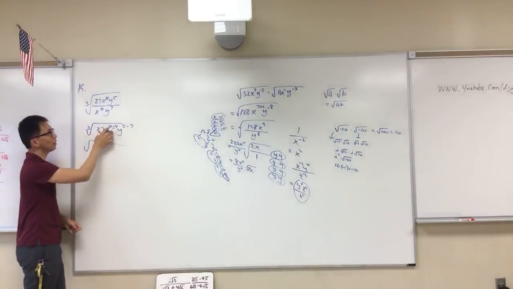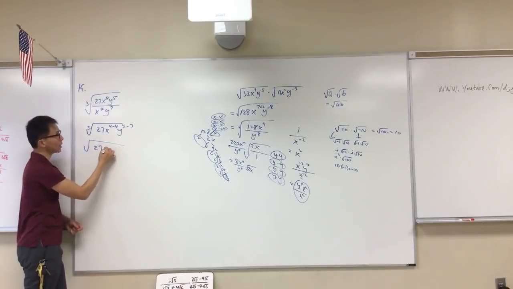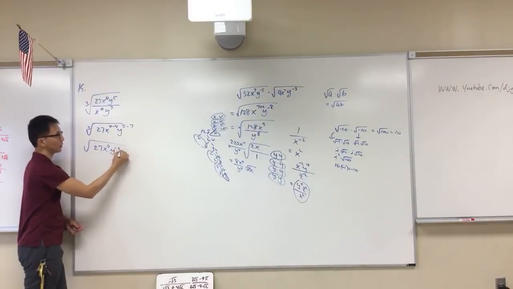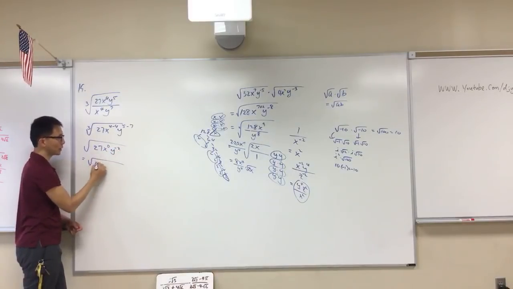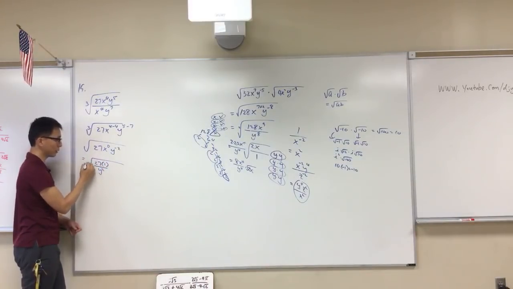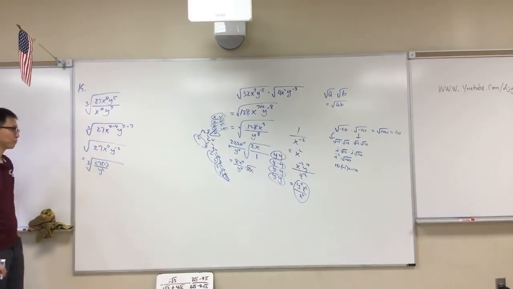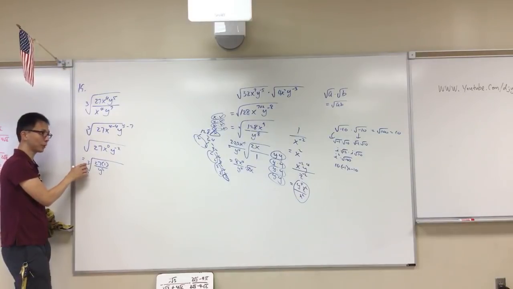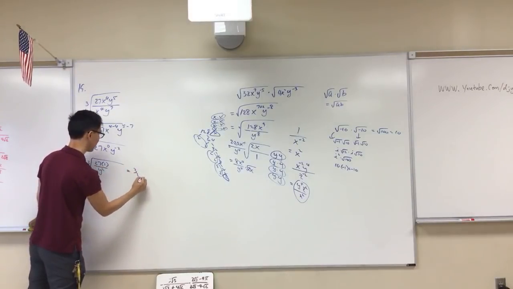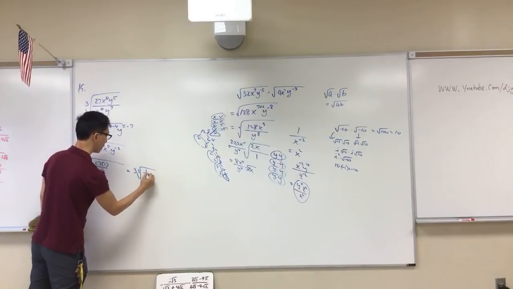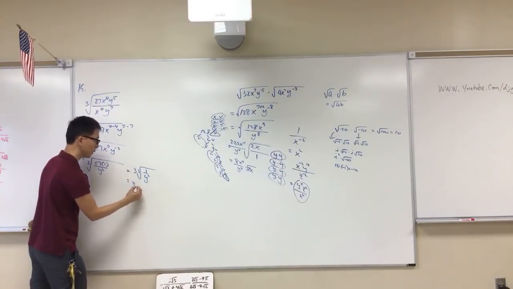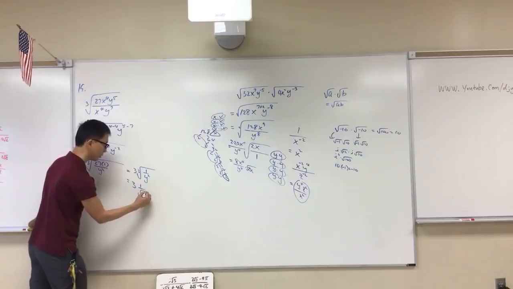Okay, so that's going to be what? 27 x to the 0. What's anything to the 0 power? It's 1. Y to the -2. So it's going to be 27 times 1 times y squared, but this radical is going to be all the way to the 3rd power. But 27 to the 3rd root is what? 9? No. 3. So you can take out a 3 outside, to the 3rd root of 1 over y squared. Now this one doesn't have enough to come outside, so it's going to be 3, 1 over the 3rd root of